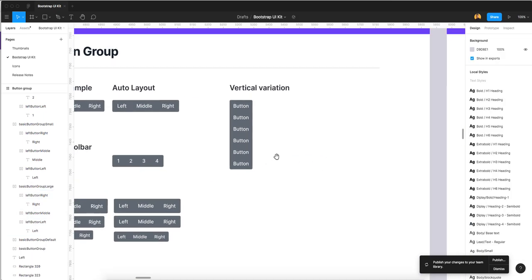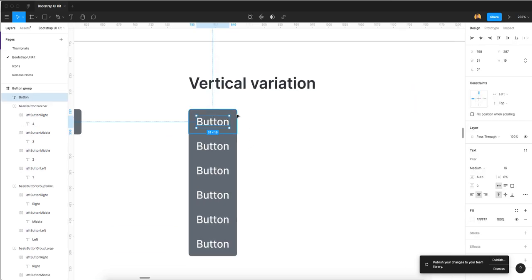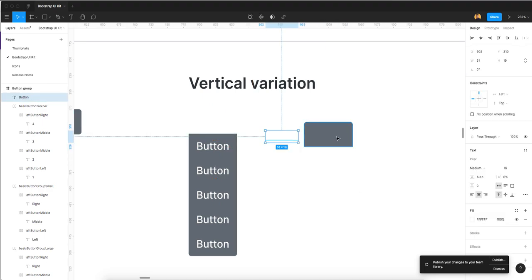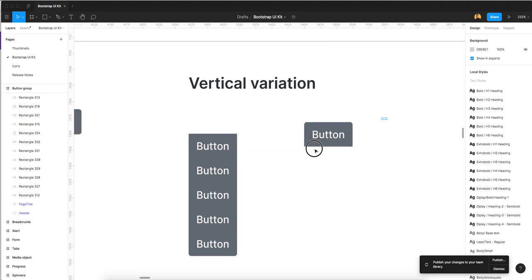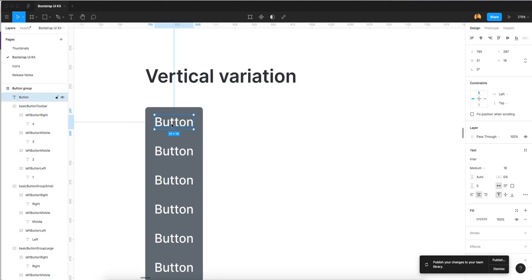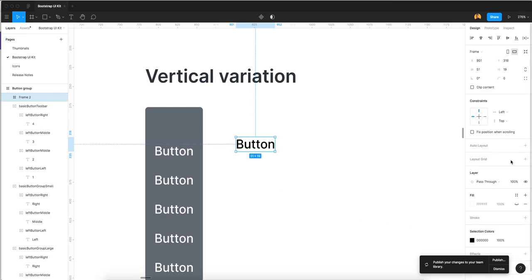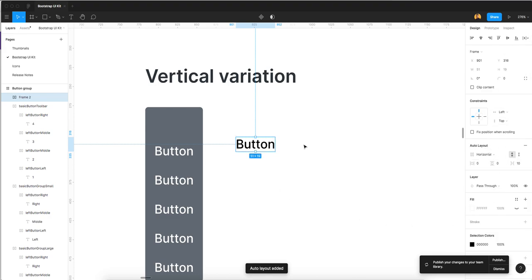Now we are creating button group of vertical variation. In vertical variation you will find it's very simple. I just created an initial level of Figma. Now I want to convert into auto layout. Just remove this color and add my layouts, and now convert into frame and auto layout. You will see here you will find a button same as we created the first time.